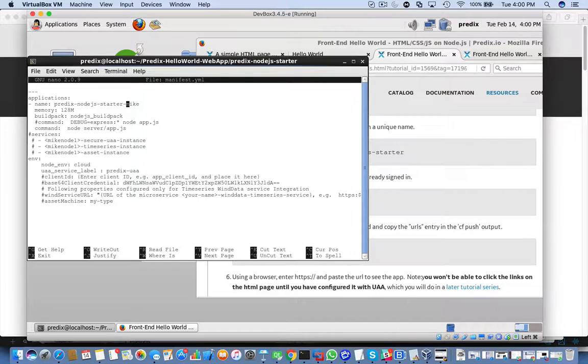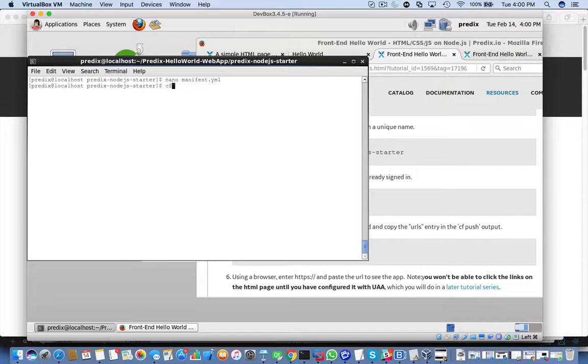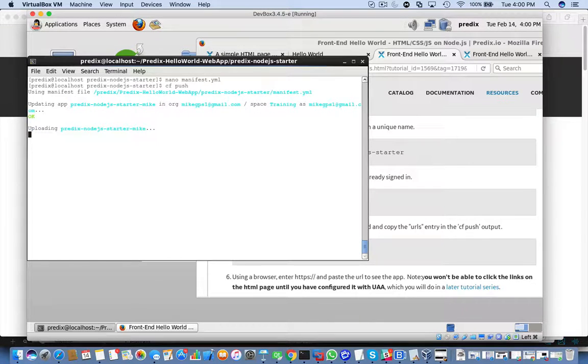So we're going to go ahead and write this out, and we're going to go ahead and try again. CF push. And it got past the error message that it was going through before,